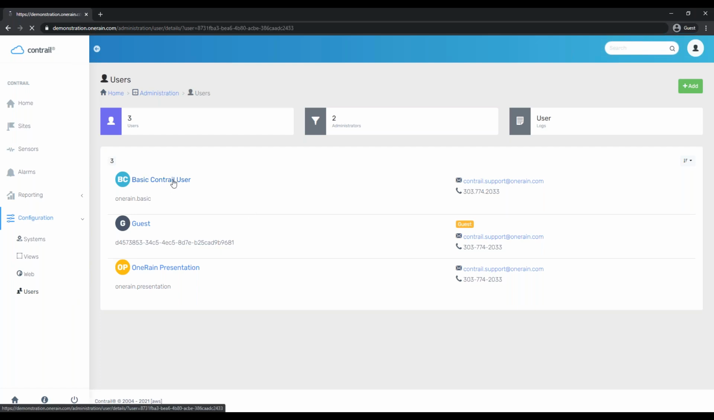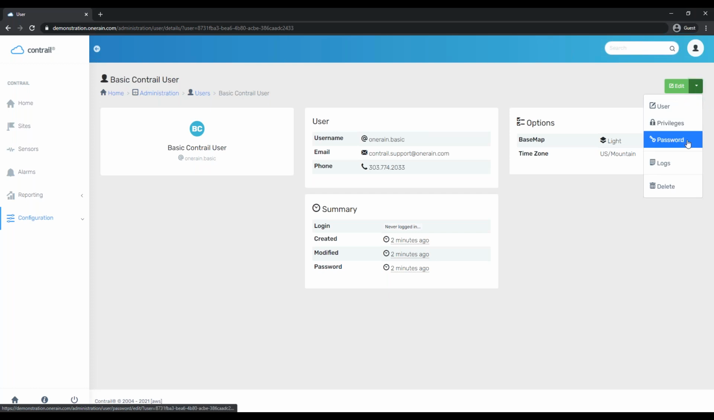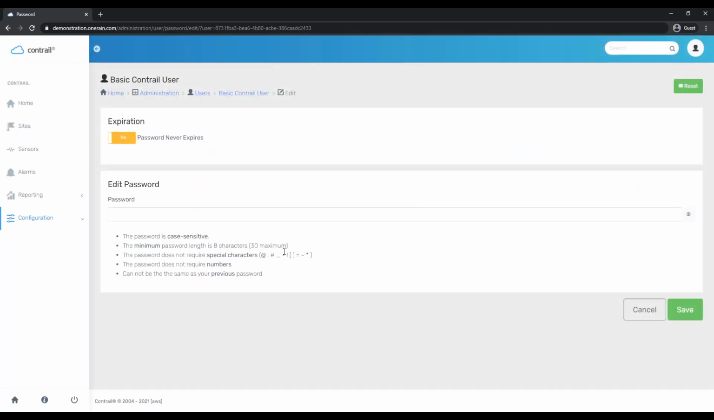So a couple things now that this user is created. I selected the name. If I want to make changes, I can click on the edit button or open the edit drop-down menu and see a few more options. Changes to privileges lie in here. If I want to make changes to a password, I can go to that password option and manually change it